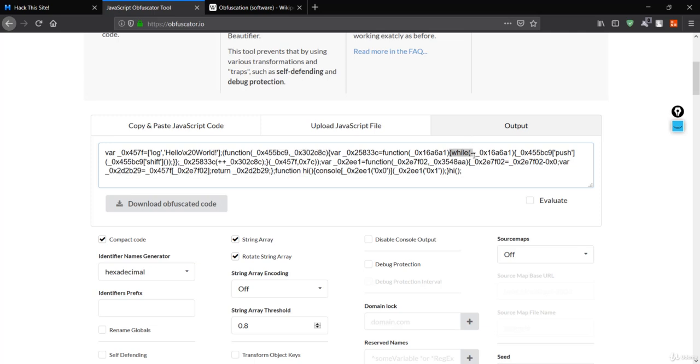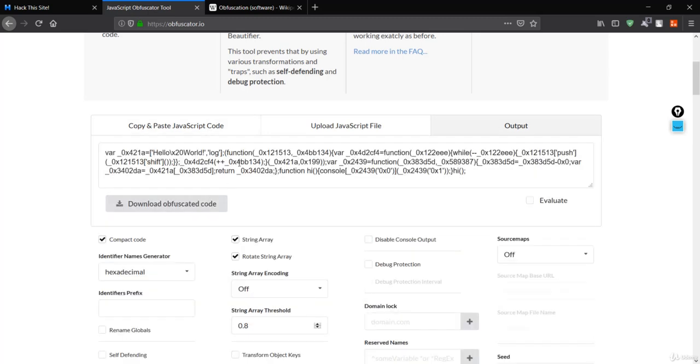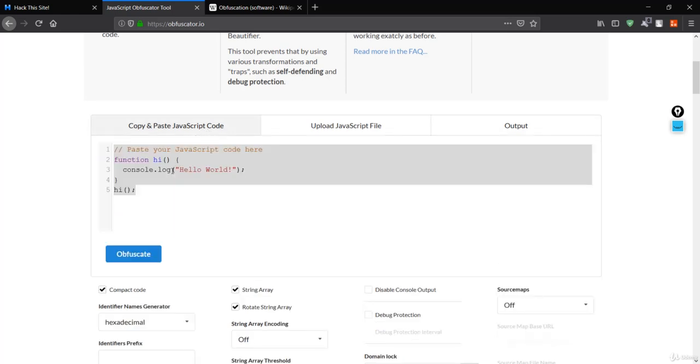You have the while loop, which makes it very difficult for hackers, or even for ourselves, to understand. You have different functions over here, and the simple code has been transformed in a way that hackers can't easily understand. So this can be a way for developers to wrap their code so that it won't be easily cracked by hackers. So this is obfuscation.